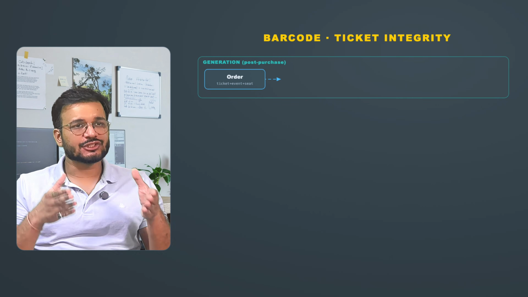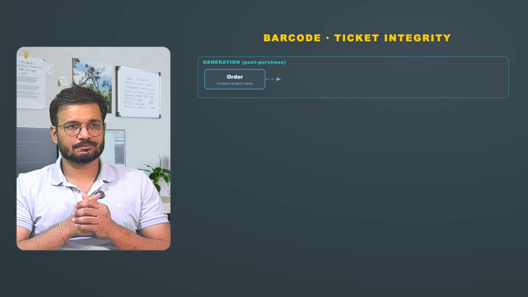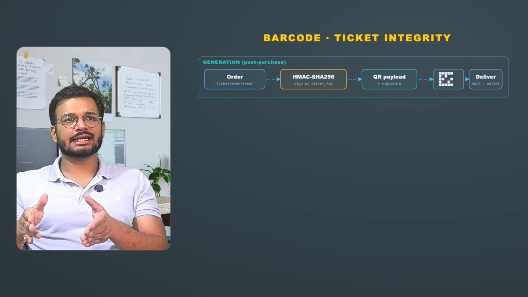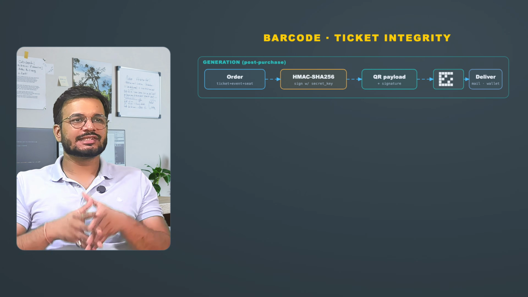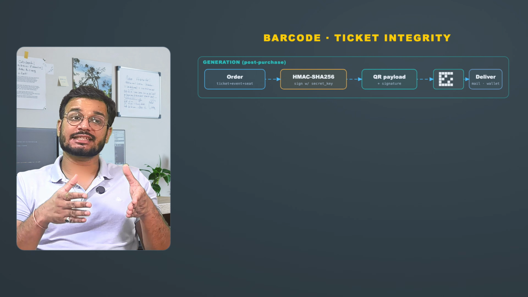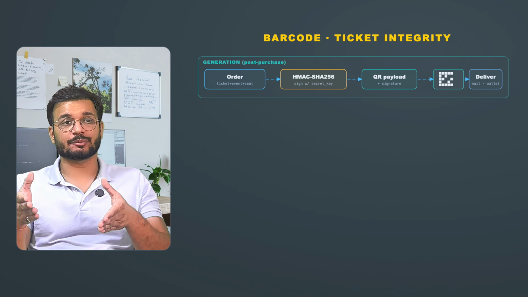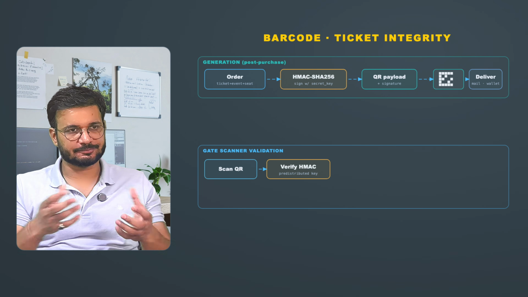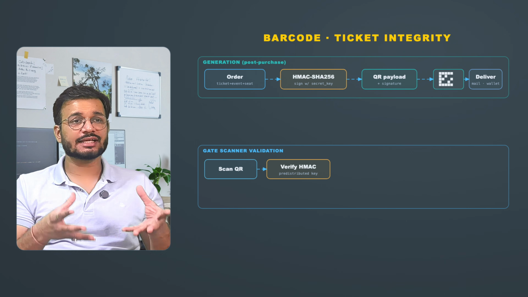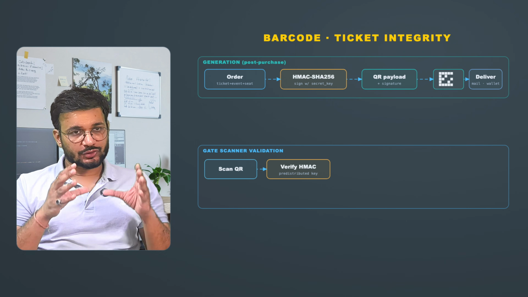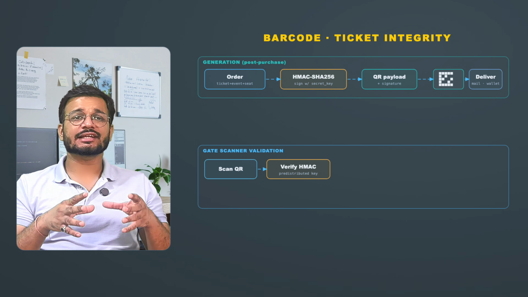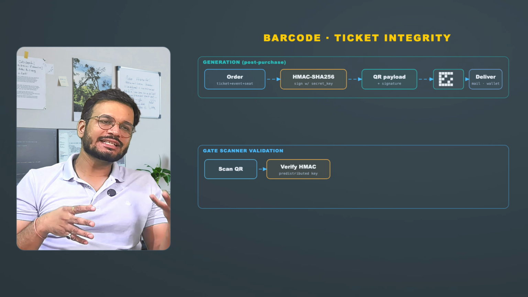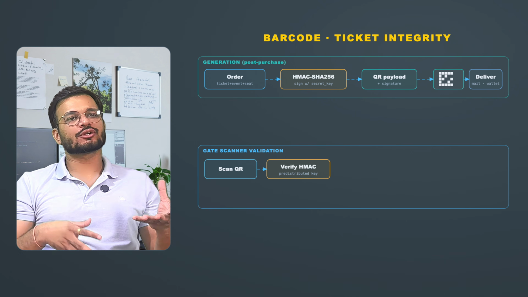Each ticket has a unique, unforgeable QR code. The barcode encodes ticket ID, event ID, seat ID, and a cryptographic signature. The signature is usually HMAC-SHA-256 computed over the ticket ID, event ID, seat ID, and the secret key. Then the venue scanner app verifies the code. It decodes the QR, verifies the signature, checks the ticket is not already scanned, and then marks it as used.